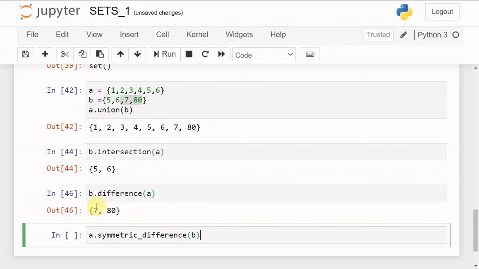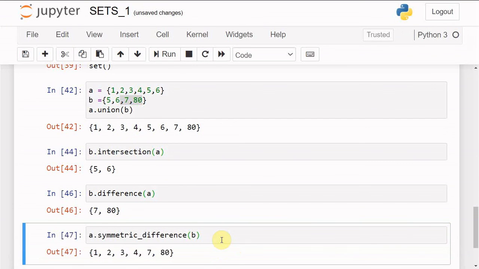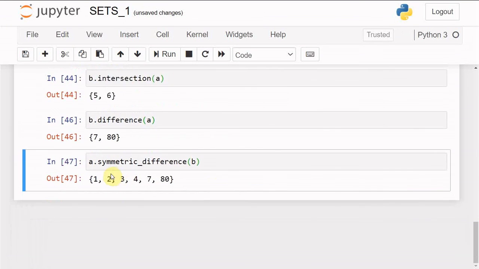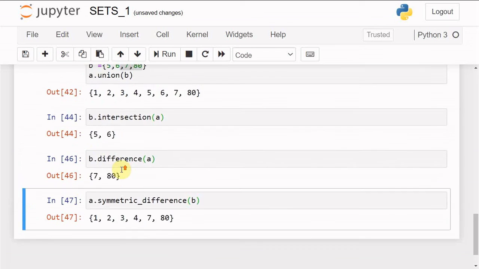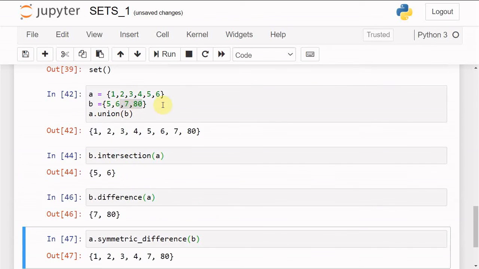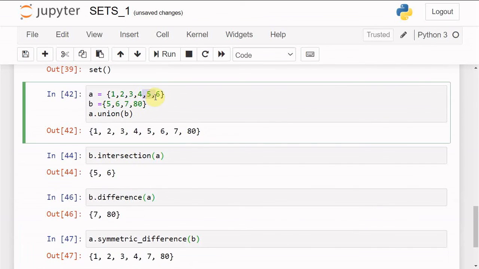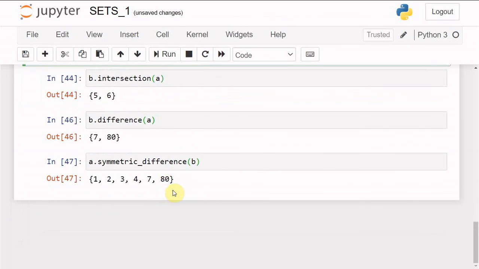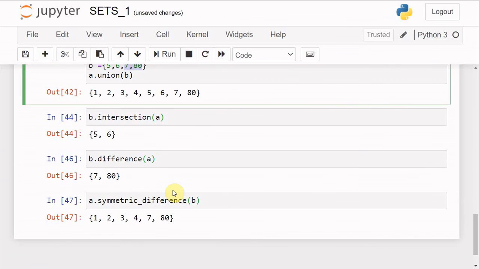What is symmetric difference? So we have understood what are union, intersection, and difference. Now when we provide the symmetric difference method, the common elements, that is 5 and 6, are removed from both the sets, and the remaining elements of the set A and the set B will be what we get as an output. Just make a point